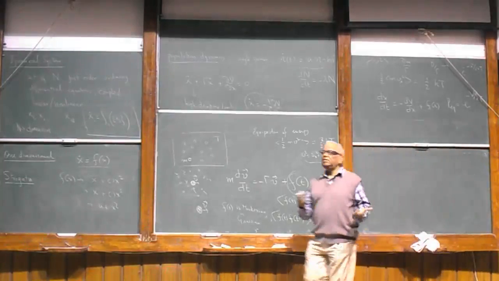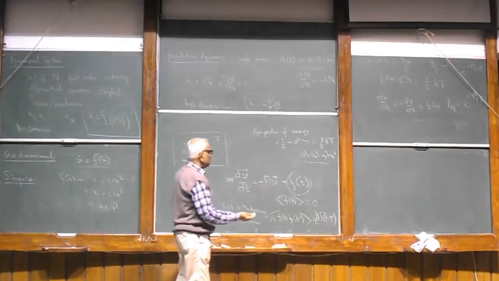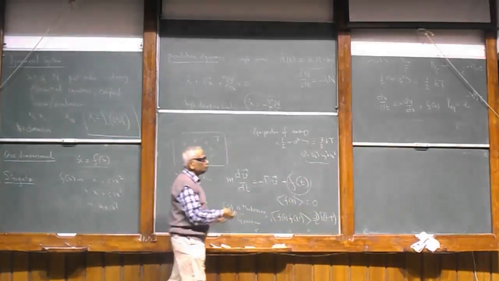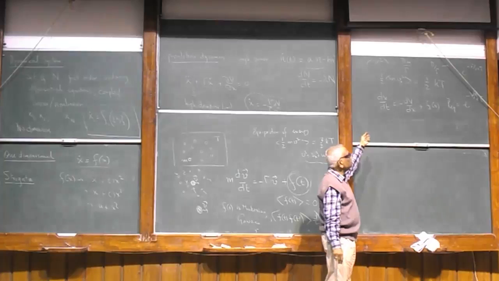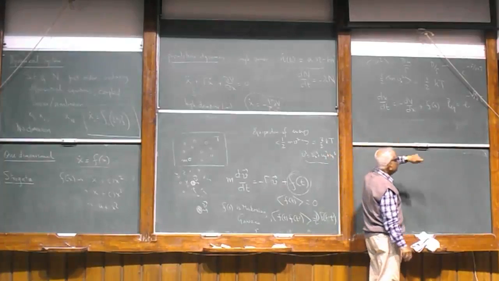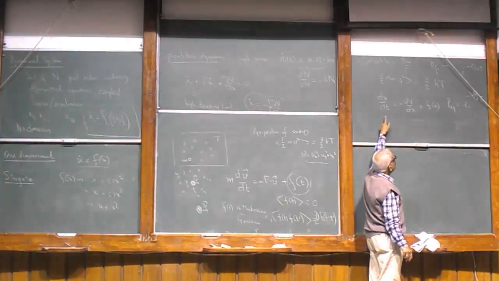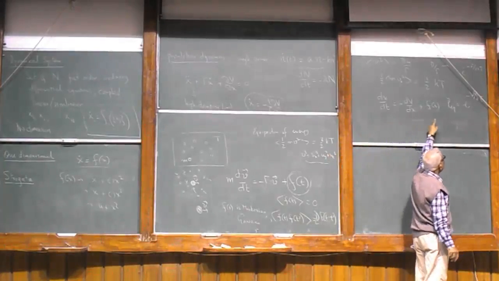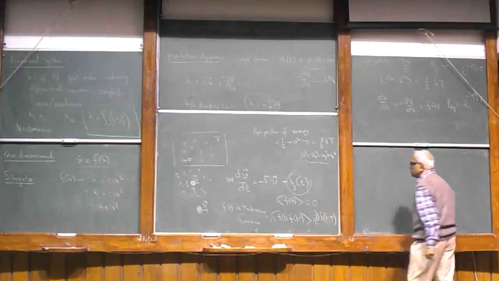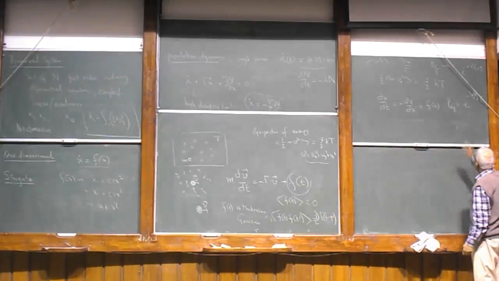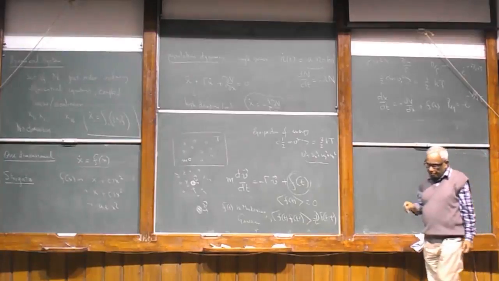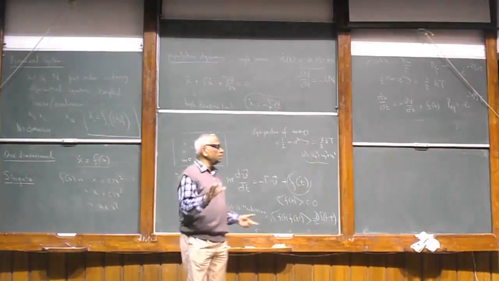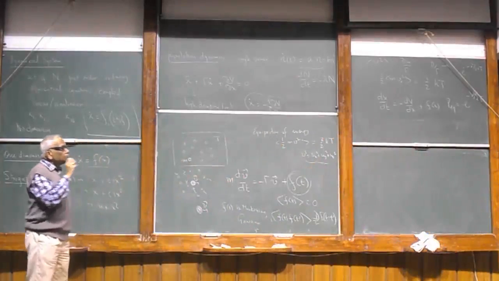So x could be anything. x is just some physical variable, and the maths does not care about what the meaning of x is. It is just the maths that dx dt equal to minus dVx plus f of t, with f of t Gaussian prescribed in that manner. Your equilibrium is going to be that, which I am inverting to say that if I know it is this, then it's that. So why all this? Why all this aside? It's because